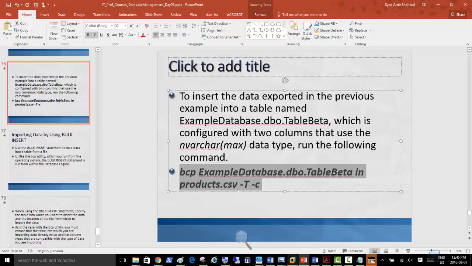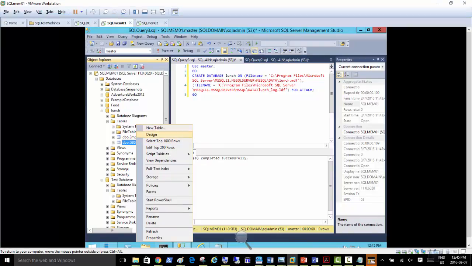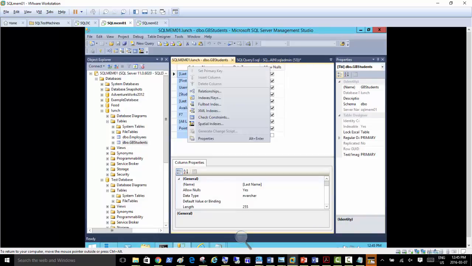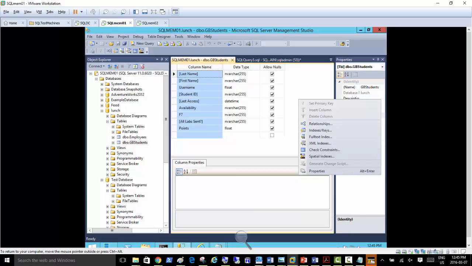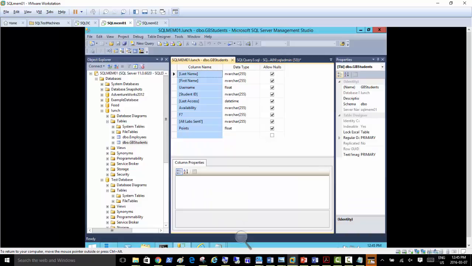If I go to the columns there, all the columns are showing. Here's the extra column, and we can set it like this: nvarchar max, and allow nulls.